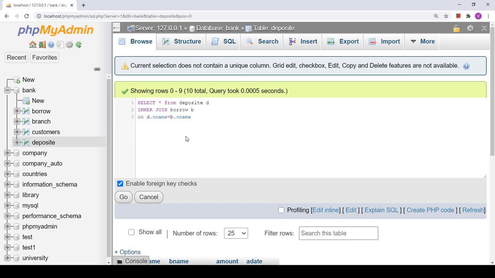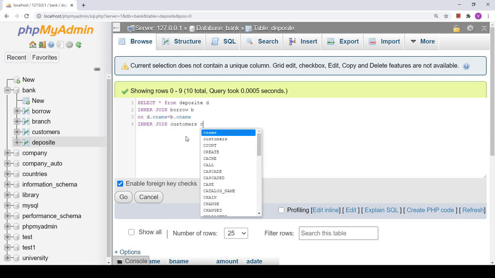Fine. Through that we will be able to identify the customers who are both depositors and borrowers. And again we want to perform an inner join. In that case, inner join which table?